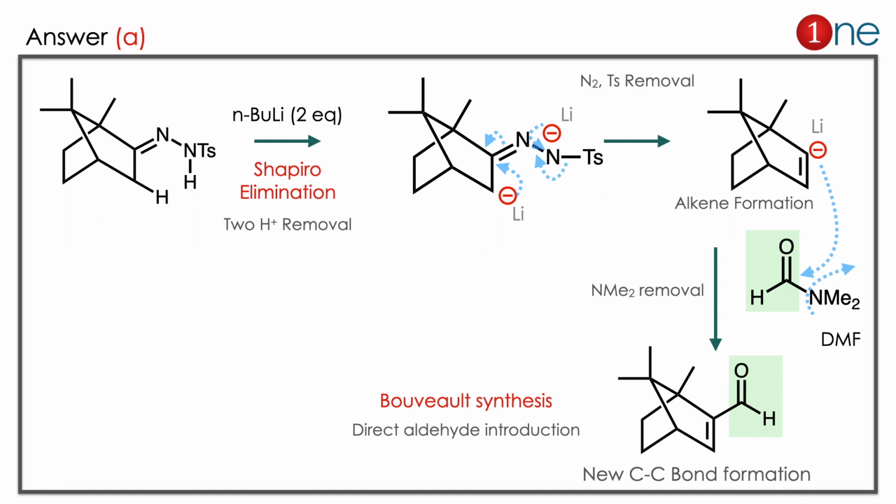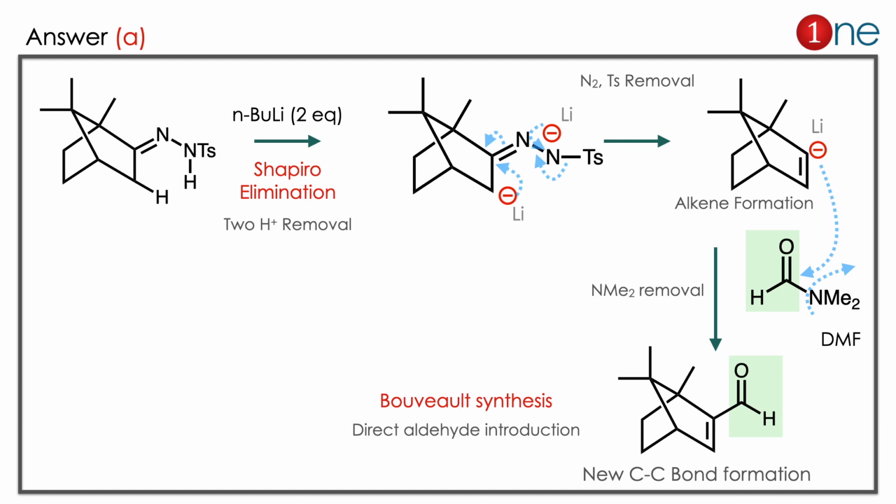The answer is A. Let us see how. Whenever you see a hydrazone with tosylate, a good leaving group, you might guess it's a Shapiro elimination. In the Shapiro elimination, what really happens is tosylate and nitrogen leave. The first step is butyl lithium attack. It abstracts the proton on the acidic ends. So the proton will be abstracted, the charge travels, and the nitrogen and tosylate leave. Finally, the double bond and anion formation will be there.